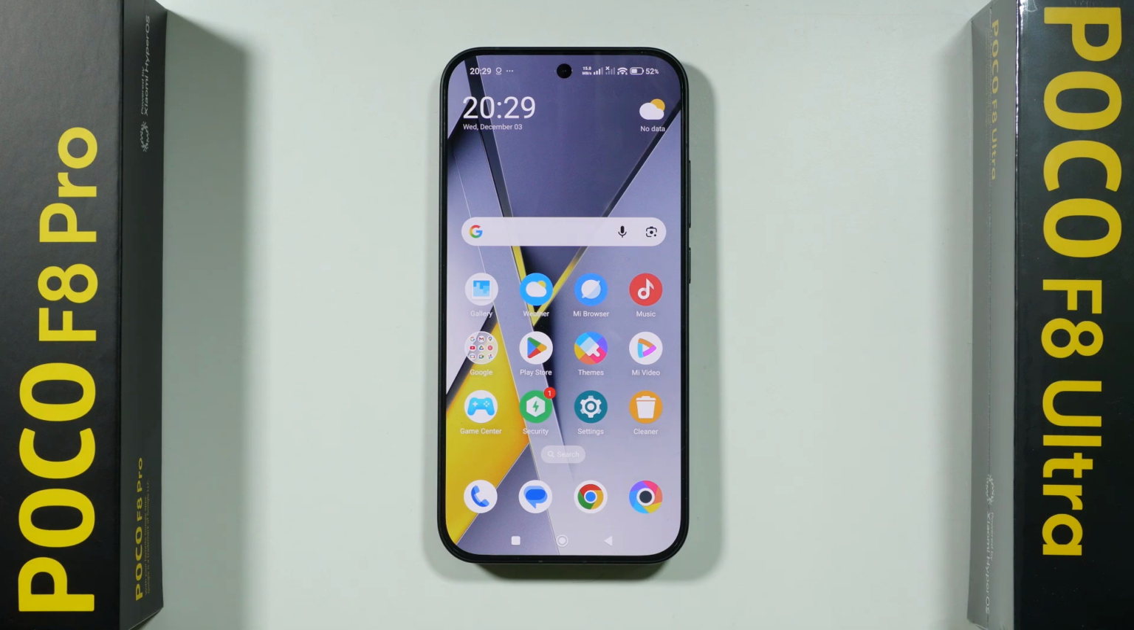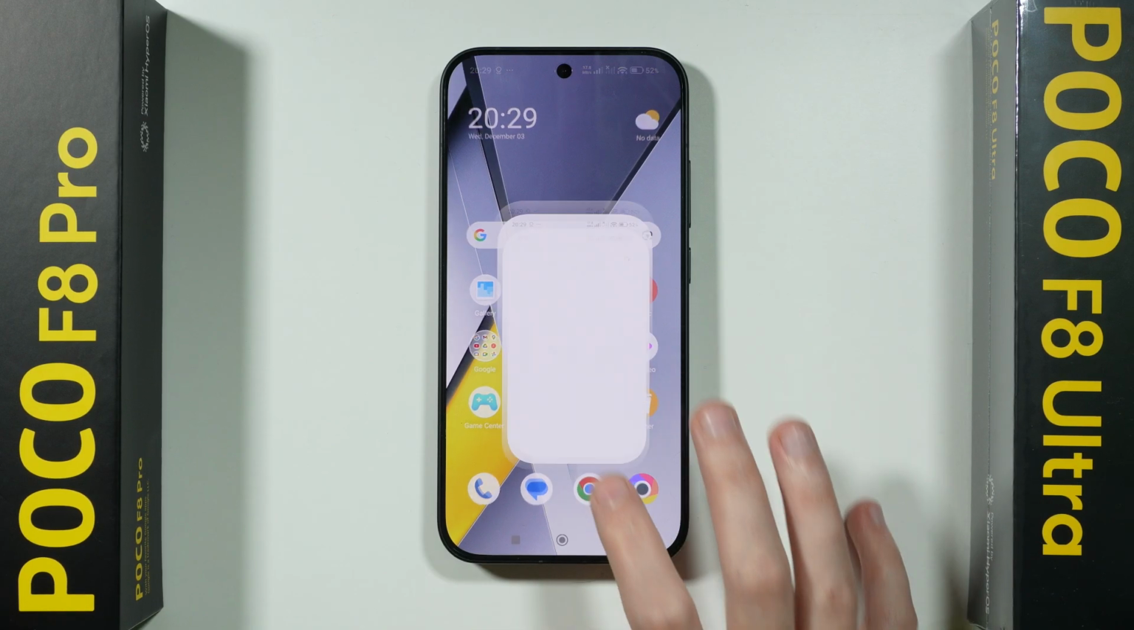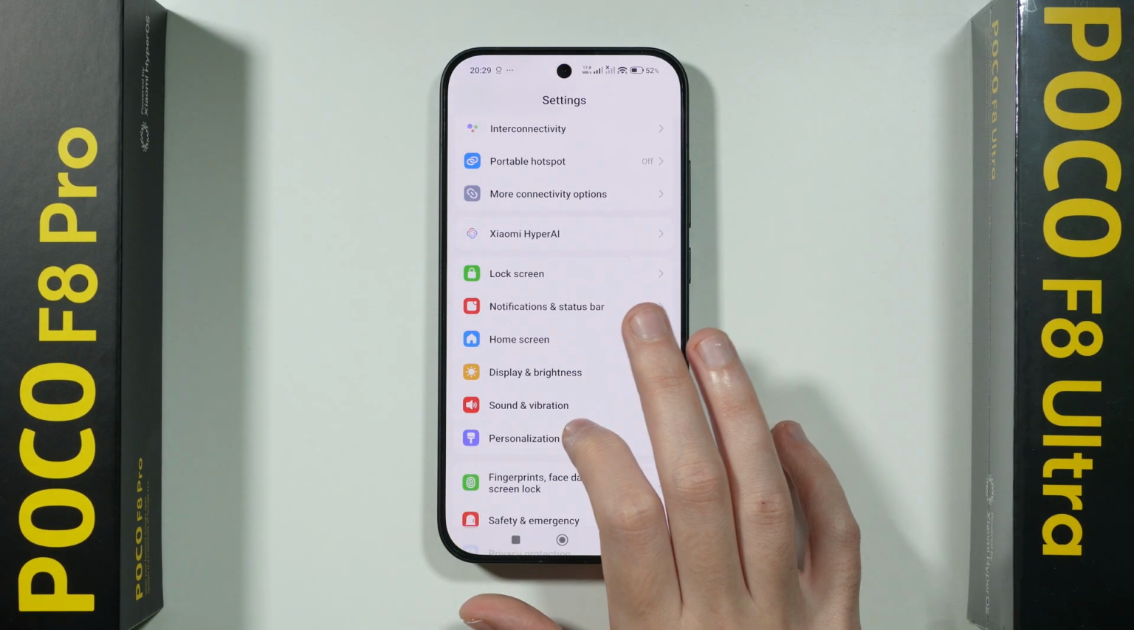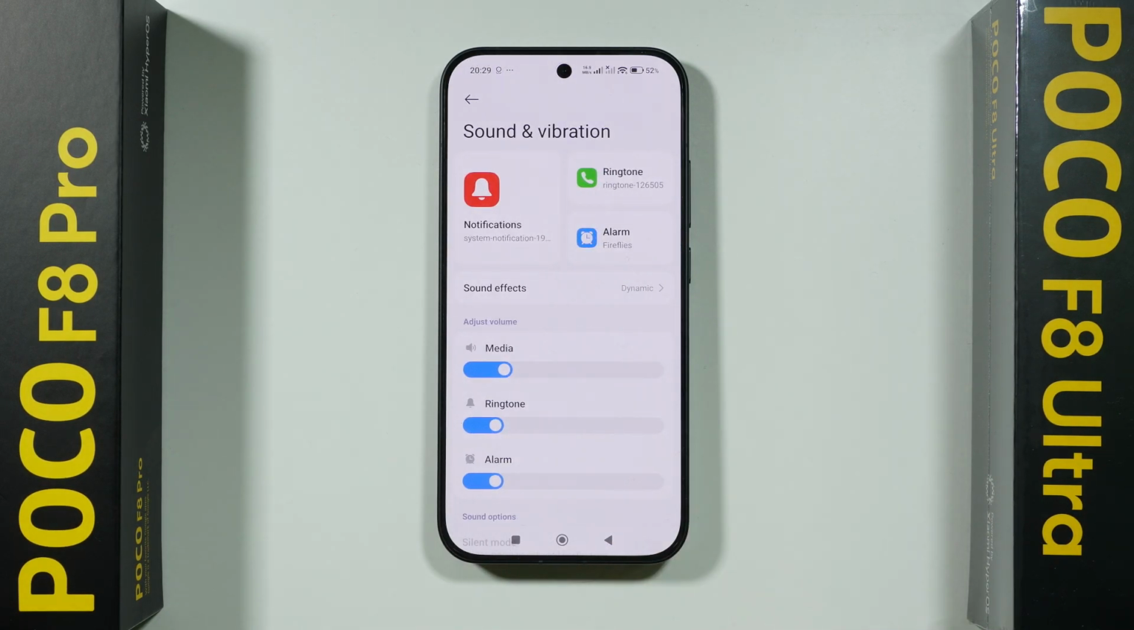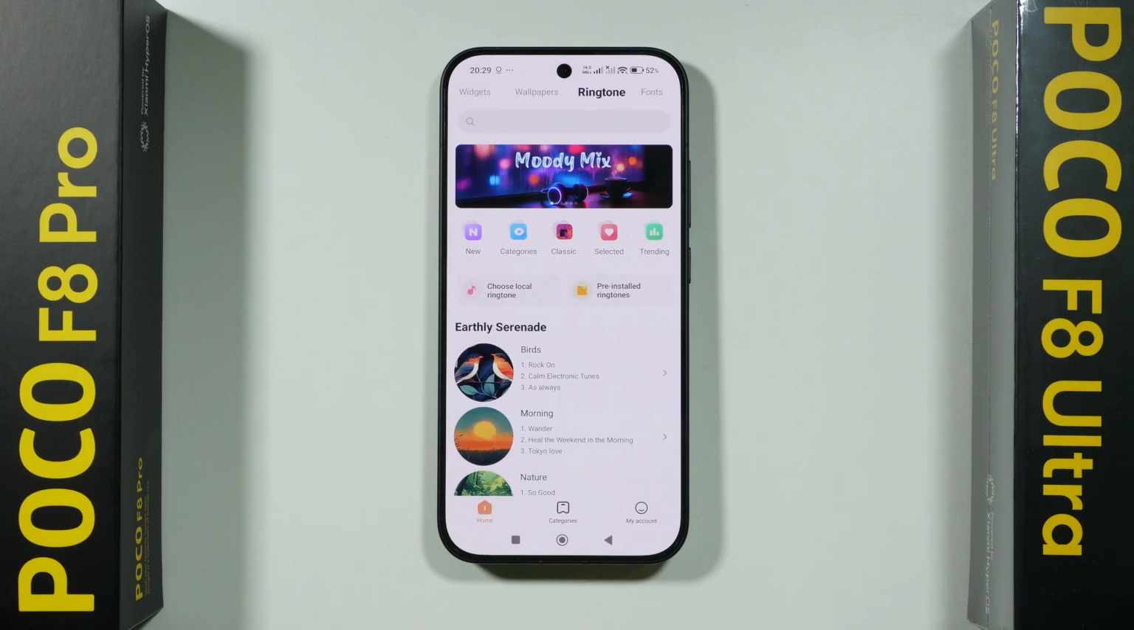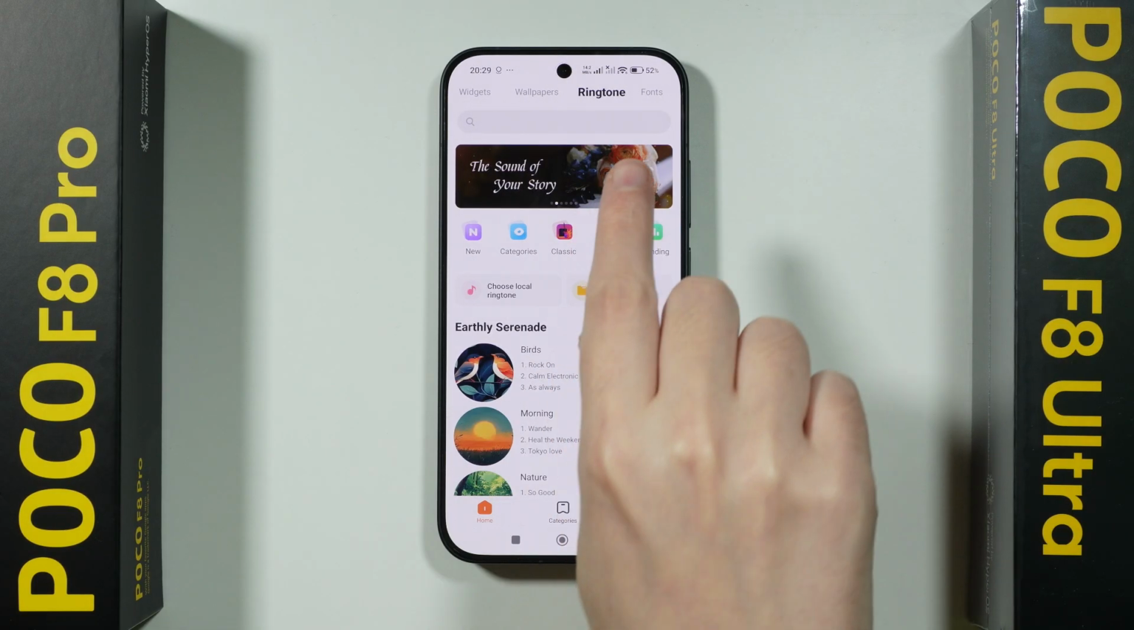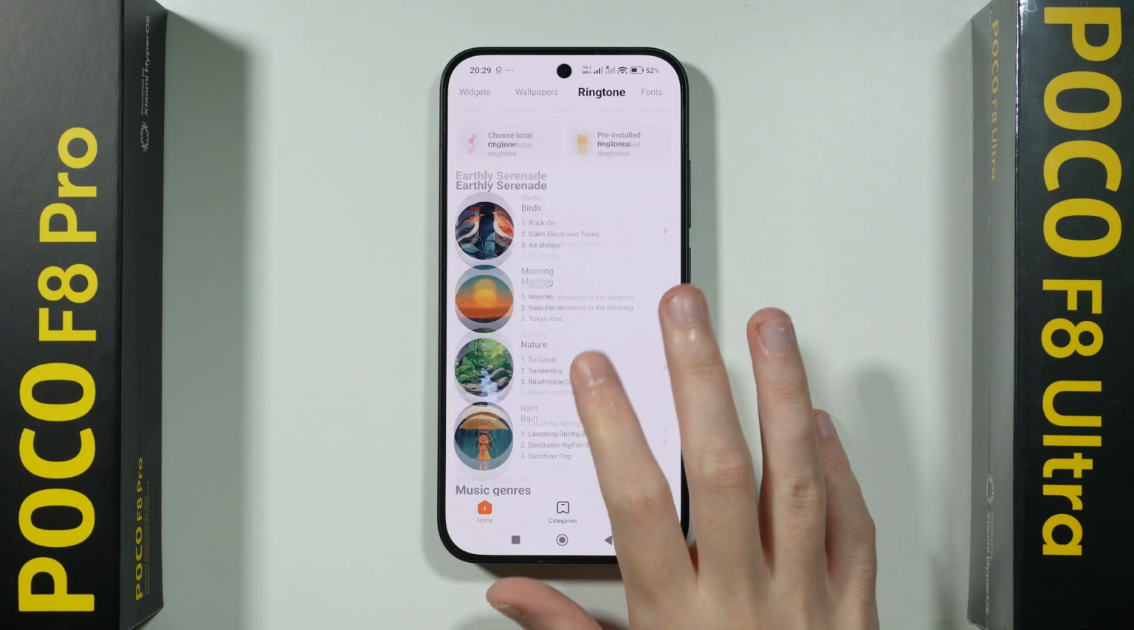If you want to set a song as a ringtone on POCO F8 Pro or POCO F8 Ultra, all you have to do is go to Settings, then go to Sound and Vibration in here, and you should be able to tap on Ringtone. Once you go to this theme store, where we have the ringtone category selected,